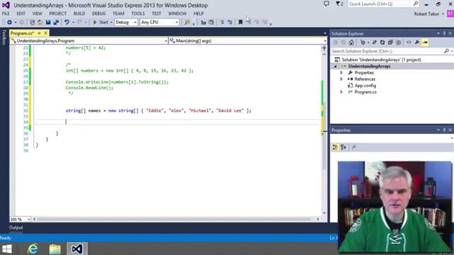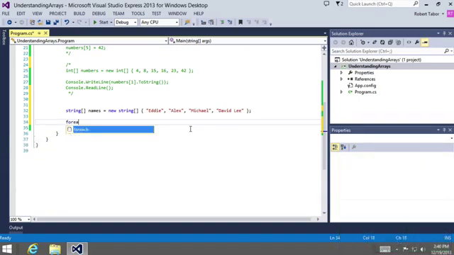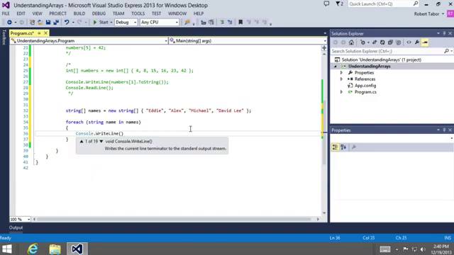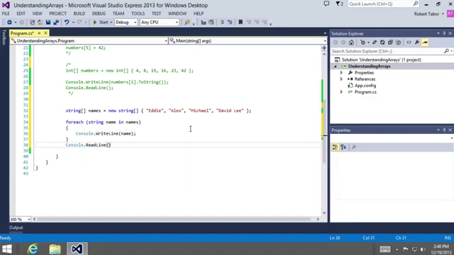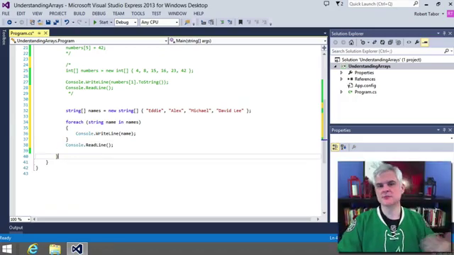Okay, and now this time I'm going to do something a little bit more interesting. We used the for iteration statement in the previous lesson. I got another one for you here. Check this out. Great. Okay, so this is virtually identical to the previous work that we've done with integers, but we're simply using